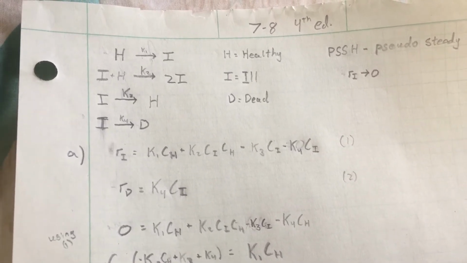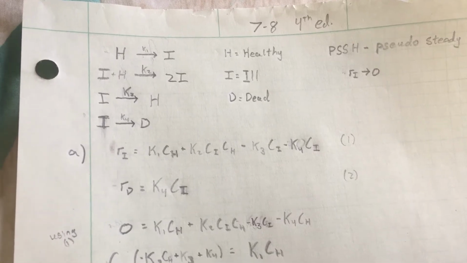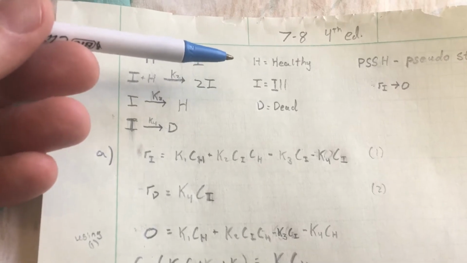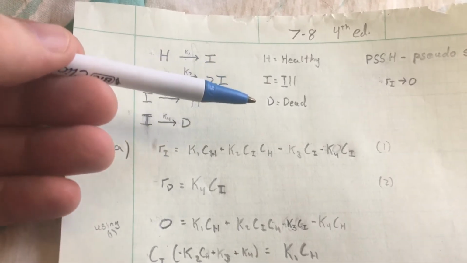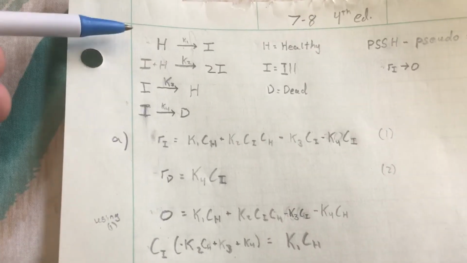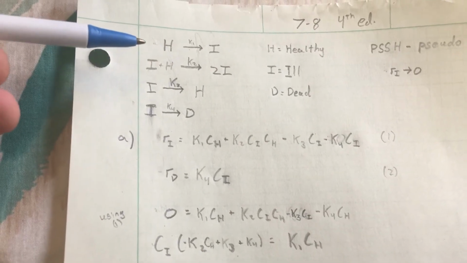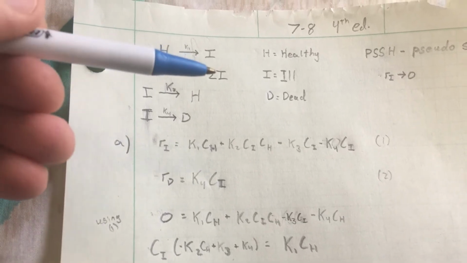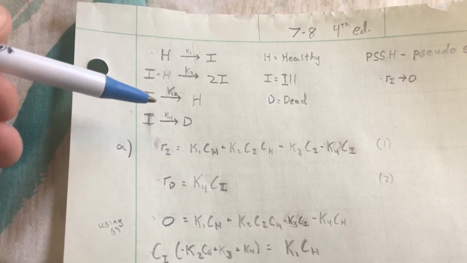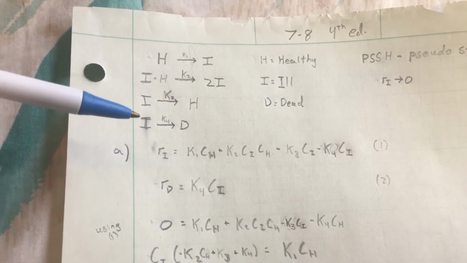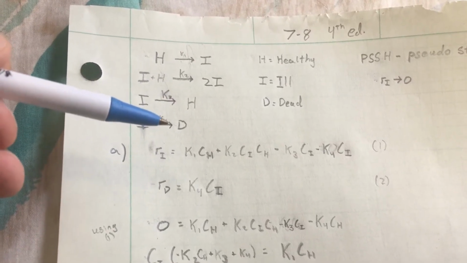Specifically in this problem, we are modeling a public health crisis, which is very appropriate, and we have these three species: H or healthy people, I or ill people, and D or dead people. And they're all going to interact according to these four equations here. Healthy people can become ill. An ill and a healthy person can become two ill people. An ill person can recover and become healthy, or they might not be so lucky and they might die and